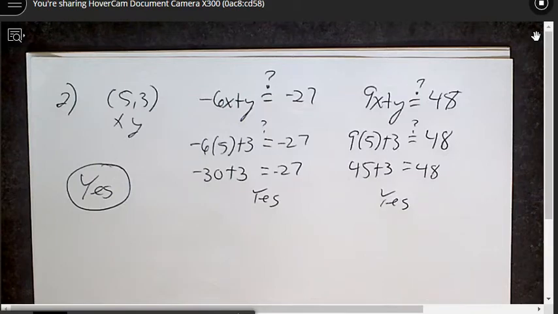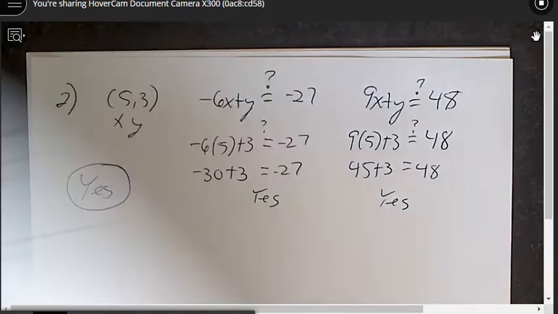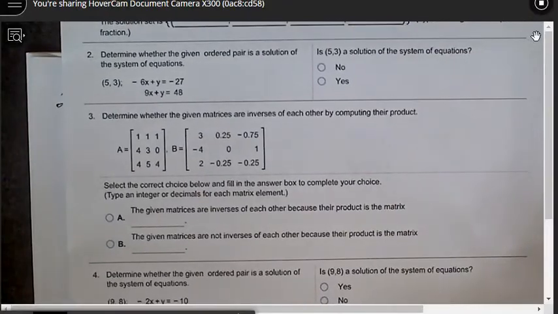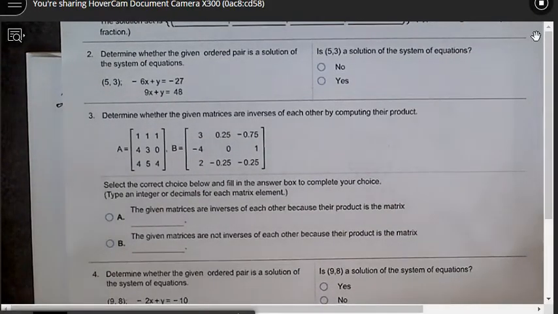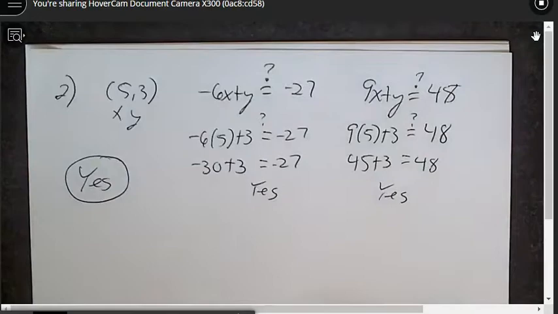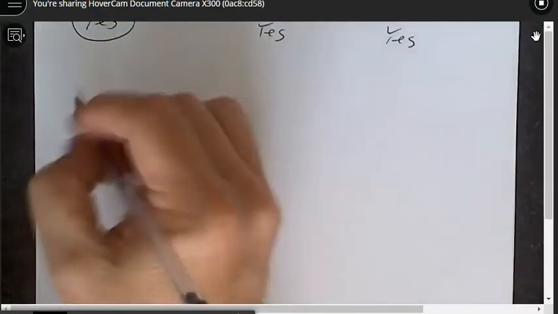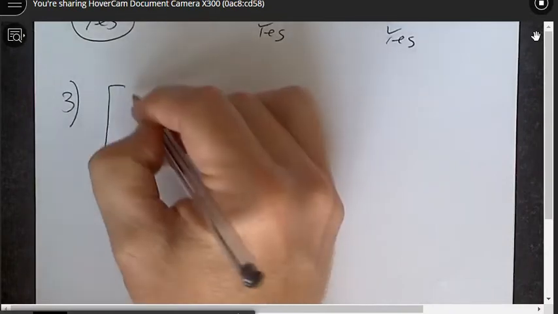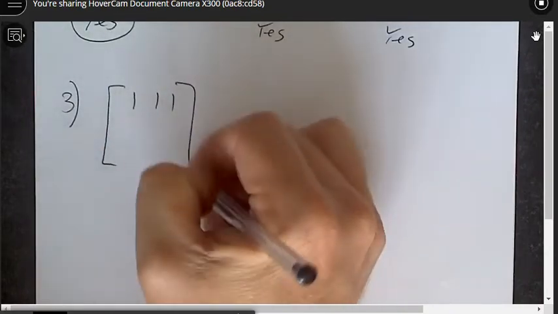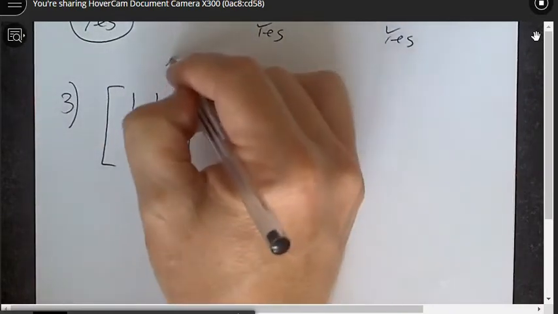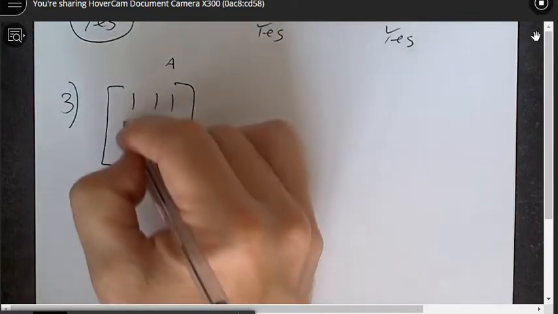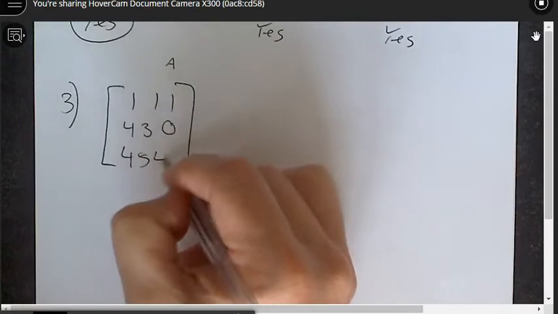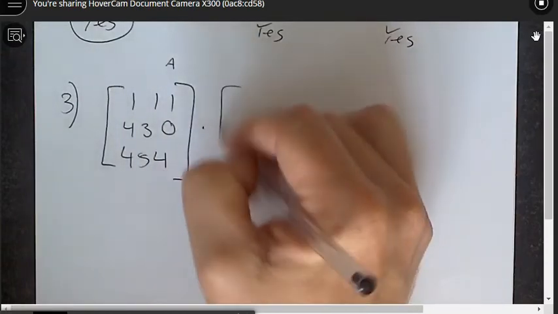Okay. Number 3 says determine whether the given matrices are inverses of each other by computing their product. So we have 1, 1, 1 is matrix A, 4, 3, 0, 4, 5, 4, and we're going to multiply that by matrix B,